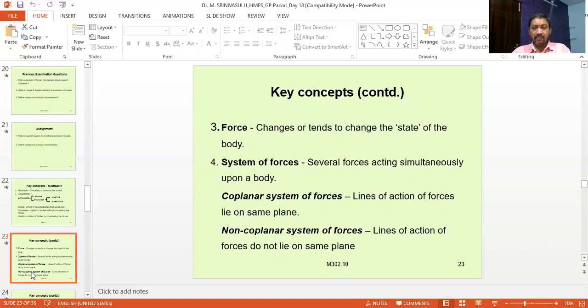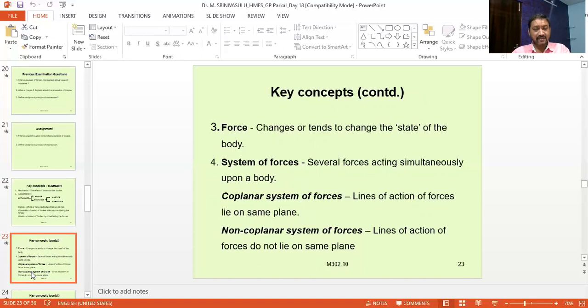If a force is applied to a static body, that is a body at rest, the body will tend to be set into motion, that is, it tends to start moving in the direction of the applied force. If the applied force is sufficient, then it will be set into motion.